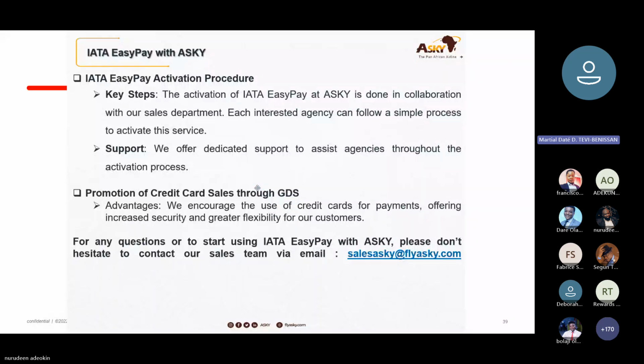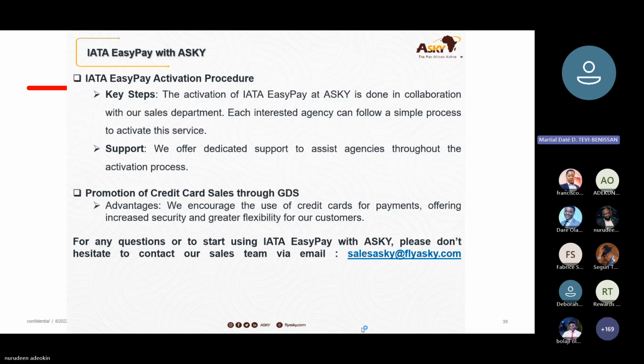Means instead of carrying a lot of cash and having a lot of loss of exchange rate, a lot of confusion doing the reconciliation, to move everything to digital, to credit card, to IATA EasyPay, and this will support also the airline because of the fund that will be made available early for the airline